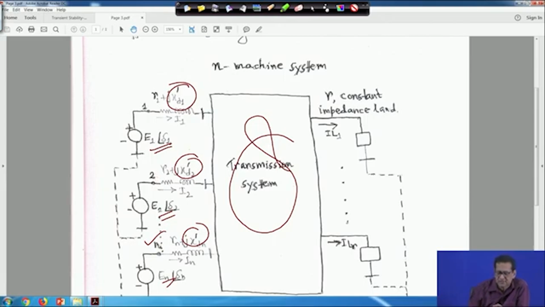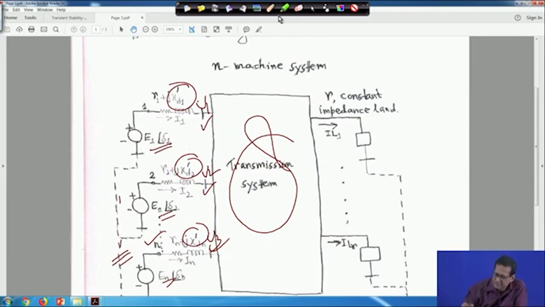So, these are actually the generator voltages behind the transient reactance, that is E1 angle delta 1, E2 angle delta 2, like this, and these are the bus bars. Say for example, this is bus voltage V1, V2, like this, or maybe any bus number. These are the buses. So, this dashed line is basically a reference node or common node, that I will move